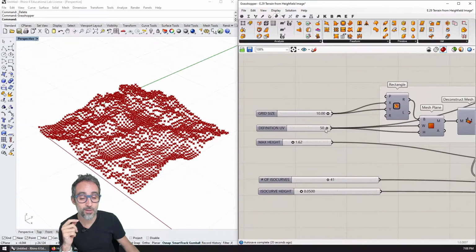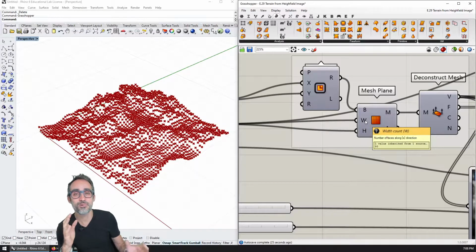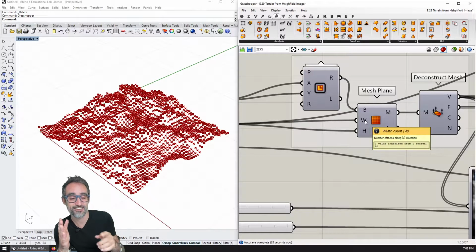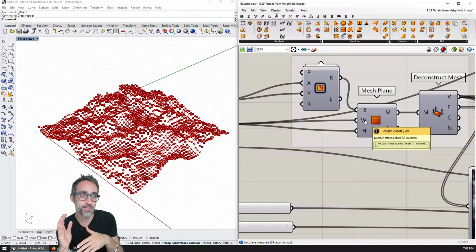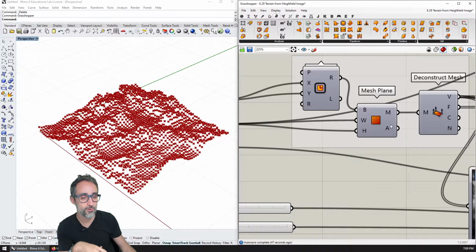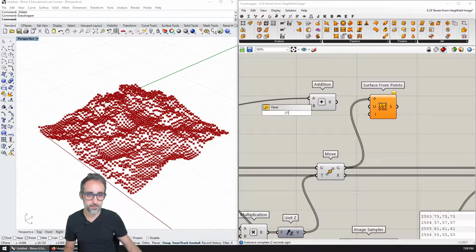Whereas what I have done here is that 50, I have used it to define the number of faces in the X direction. And as we have seen in previous exercises, when I divide something in 3, 4, 5 spans, what I end up getting is 4, 5, or 6 points, or 1 more point than the amount of divisions. So what I need to do is just a simple rule here, where I'm going to add to this. I'm going to take this off. I'm going to add here the number 1, and then boom.